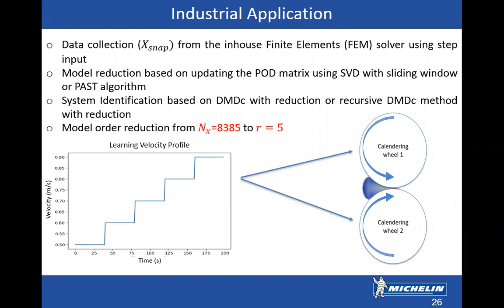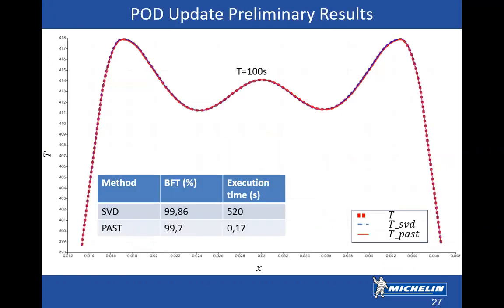And then, taking into consideration that, as we've said before, in fluid dynamics we have a huge number of states. In this case, the number of states was 8,385. So we have the temperatures at 8,385 nodes inside the domain. And what I've done is that I've reduced it to r equal 5. Directly, I went down directly to r equal 5. And this, for example, is now applicable if you want to implement an MPC or any type of control. So starting with the POD, starting with the model reduction. So in the red line, in the red dots, this one.